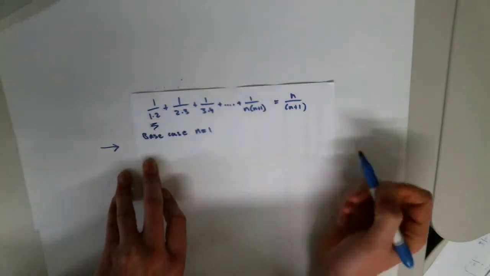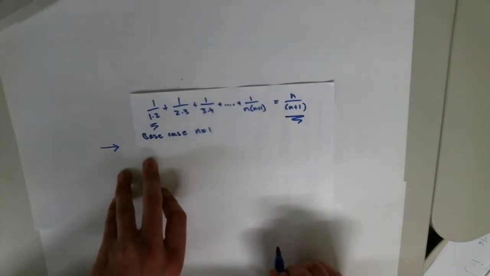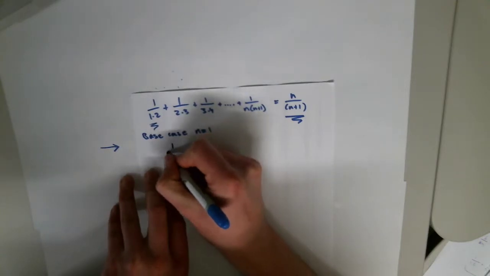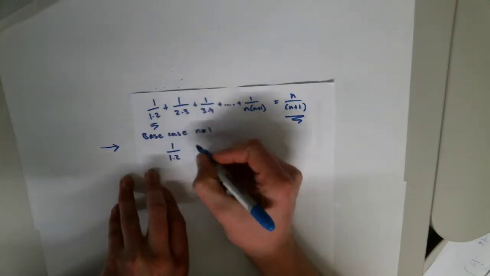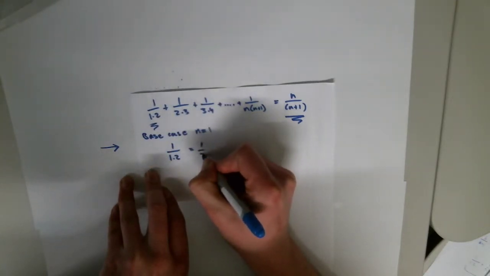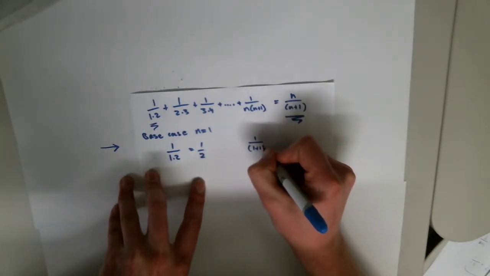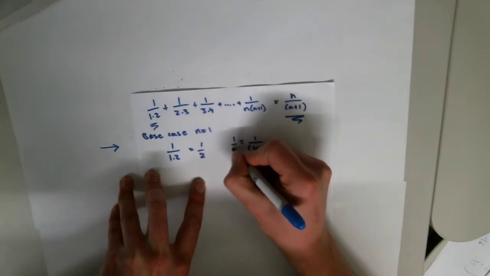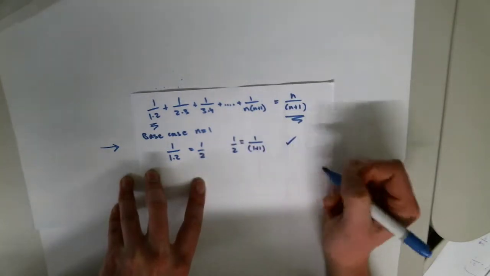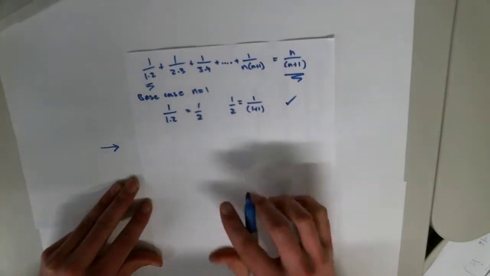So we just need to show that this term here is equal to that term there when n is equal to 1. So we have 1 over 1 times 2 from here, which is going to be a half. And from here, we've got 1 over bracket 1 plus 1, which is 1 over 2. That is that, so therefore our base case holds true. Now on to our